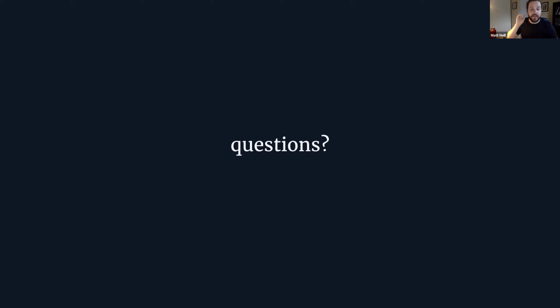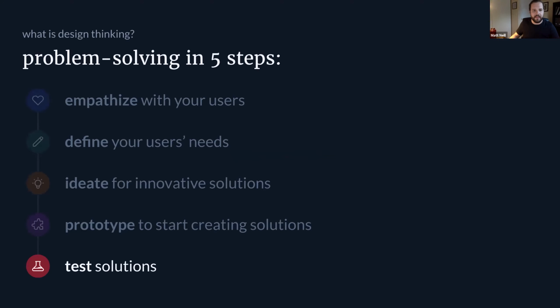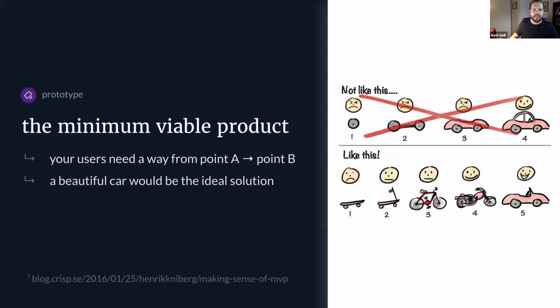So the answer is yes, you would definitely plan for that. This is kind of within the role of a product manager primarily, but as a product designer, it is important to help form what that path might be. One way of doing this is to get all of your sticky notes together and define what is the ideal state. If we go back to the skateboard, get all of your sticky notes and ideas together and define what you think your Ferrari or your nice car might be, and then dial it back from there. So think of what your ideal state might be and then dial it back.